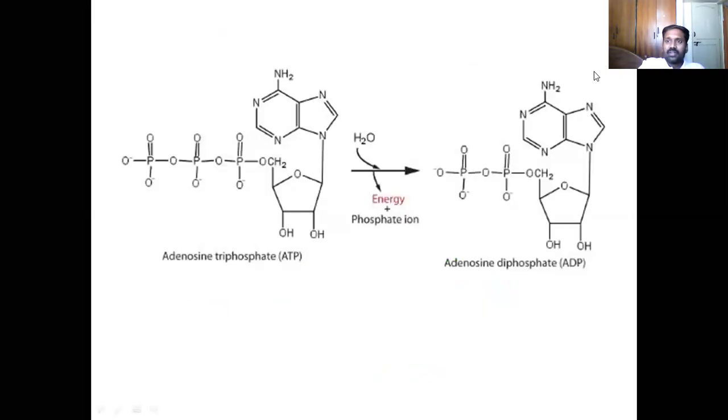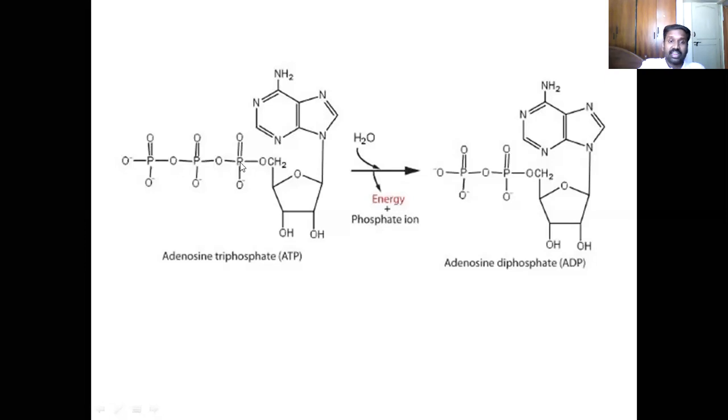Now, let us look into the hydrolysis of ATP, which is the energy currency reaction, the exergonic hydrolysis of ATP. The ATP reacts with water. Of course, we have enzymes called phosphatases, which hydrolyze them. Which phosphate group is removed due to hydrolysis? The last one, the third phosphate. From the cleavage point of view, which bond is cleaved? The phosphodiester linkage between beta and gamma is cleaved.